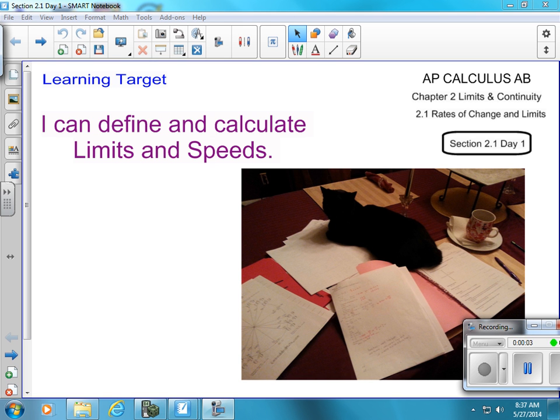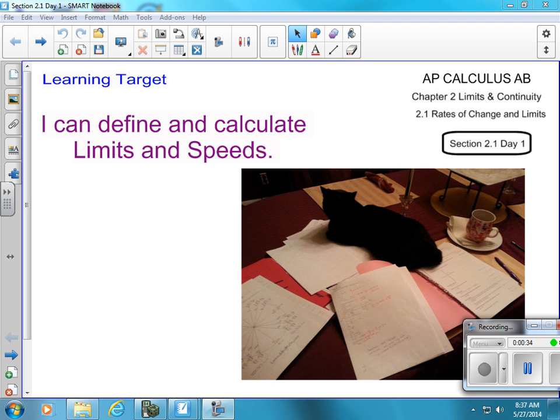Welcome to AP Calculus, Section 2.1, Day 1, which is how I label the lessons and the recordings. This is the beginning of Chapter 2, which is our first chapter in calculus. This chapter covers a myriad of things, mostly limits. We throw in some continuity, and we also have rates of change. Rates of change are really derivatives, the instantaneous rates of change at least, and we'll cover those in much more